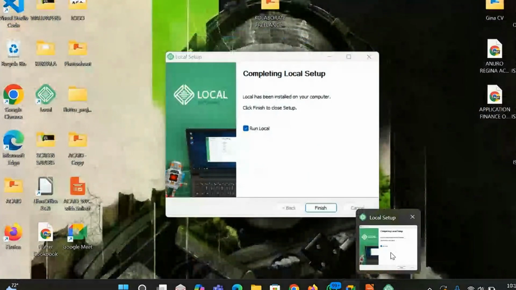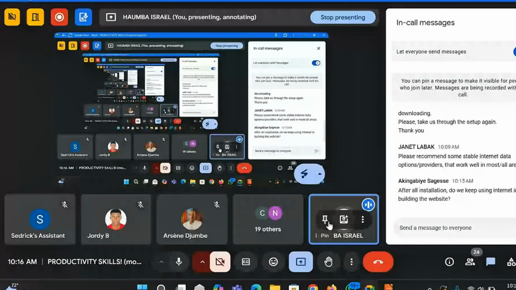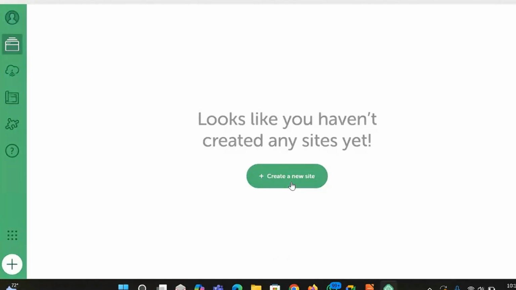So, going back to the installation. Like you can see, after I clicked install, I let it install and I clicked finish, and then let it run. After installation, it's going to open up immediately. Once it opens up, for the first time on your computer, it will show these slides. This one has not, because Local was already installed on my computer. I've just reinstalled it.